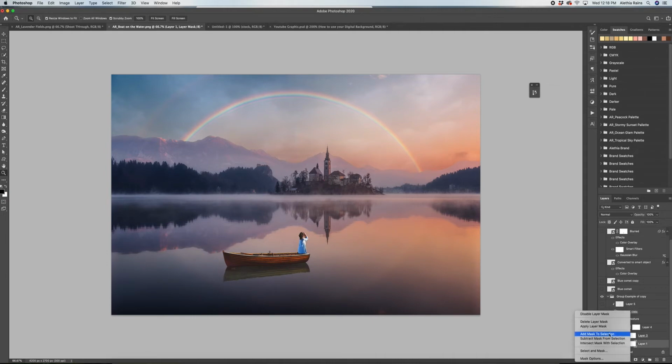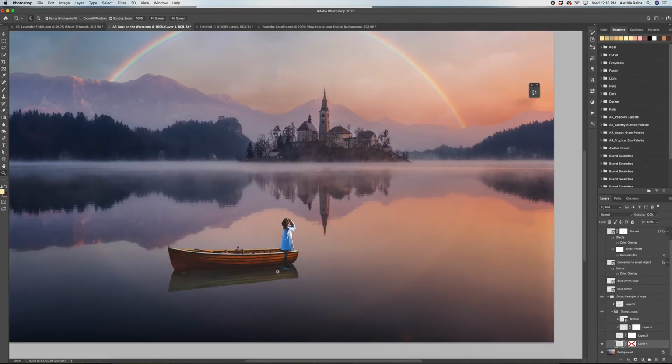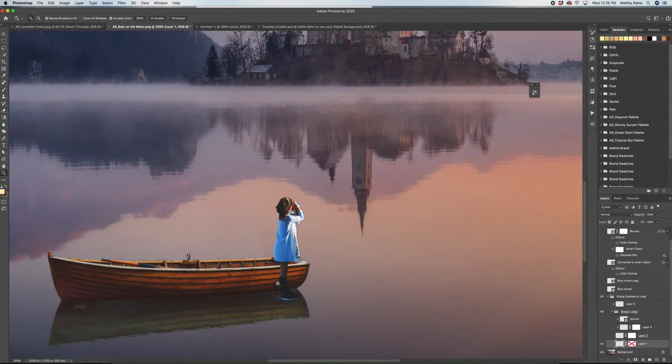Okay, so I'm going to disable this layer mask, so you can kind of see. All right, so I had her, she was standing, and I had to go in and make sure that I masked off all the edges and such. So let me go ahead and reactivate that. As you can see, I masked off all the extra stuff, and now this is not going to be perfect, obviously. I wanted to save time, so this is not perfect,